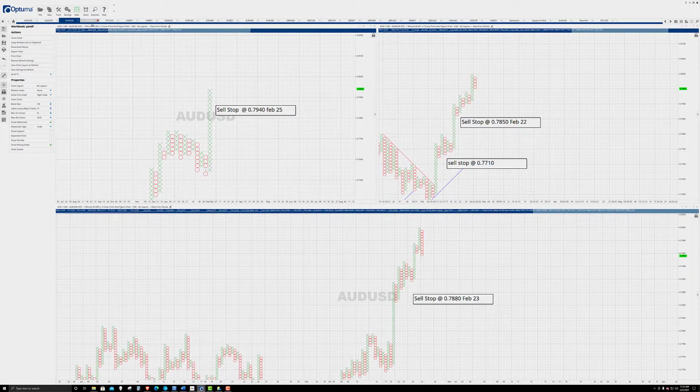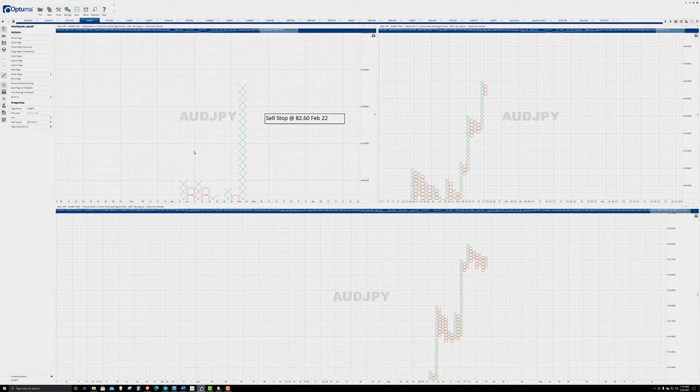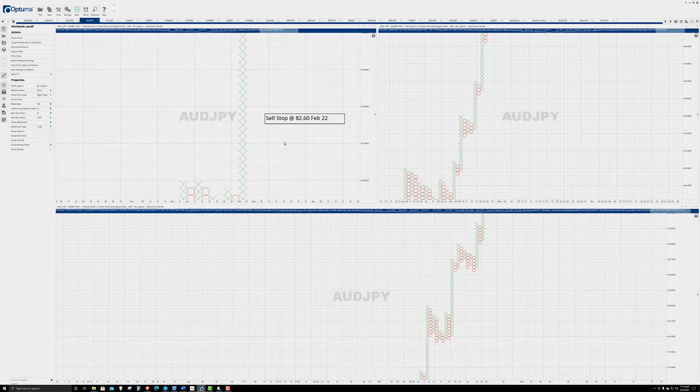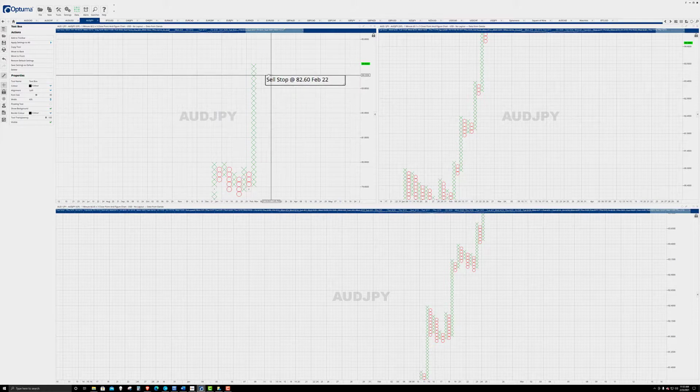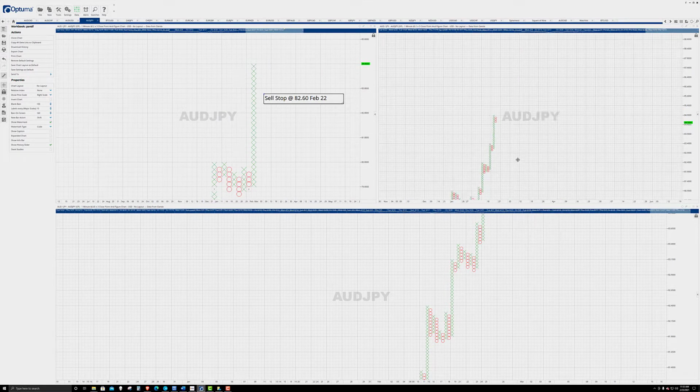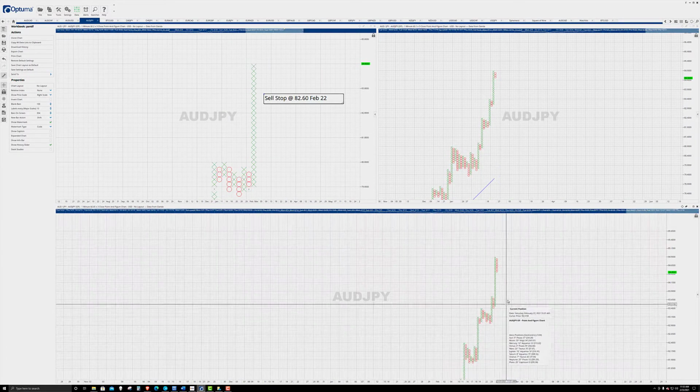Aussie yen. Helps if I click on it. Same story over here. We looked at this on Monday-ish, and we just see these continued drives higher and higher and higher.